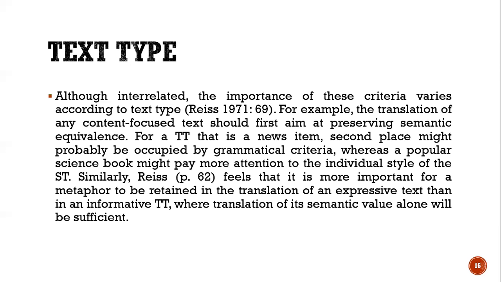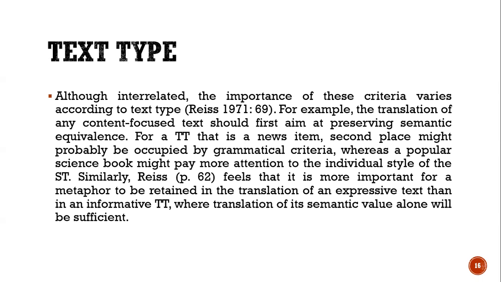For example, the translation of any content-focused text should first aim at preserving semantic equivalence. You see, if the text is content-based, the information is important here. Then you have to think about the semantic equivalence. This is very important for your understanding as a translator. Semantic, you remember that semantic? That's meaning. You have to focus on the meaning. If it is a content-focused text, that means if it is an informative text, you have to transmit the meaning of the source text in the target text in the same fashion. And for a target text that is a news item, the second place might probably be occupied by grammatical criteria. So if it is a news item,